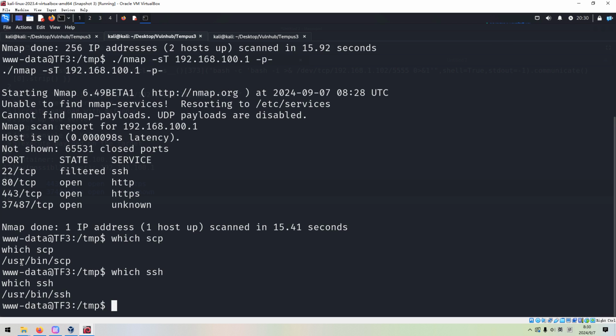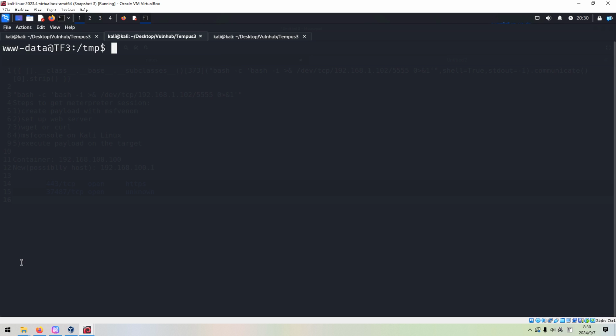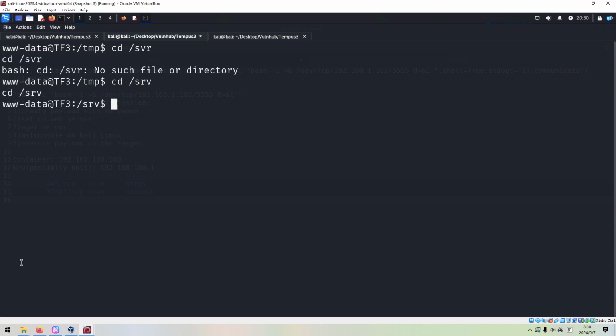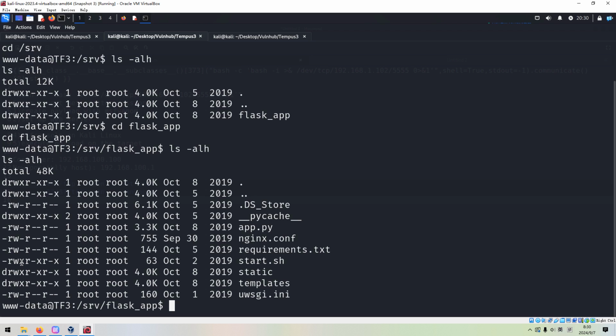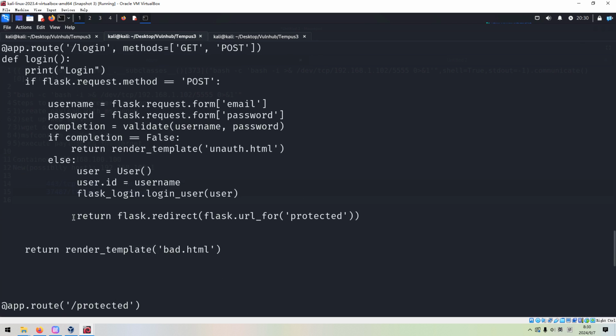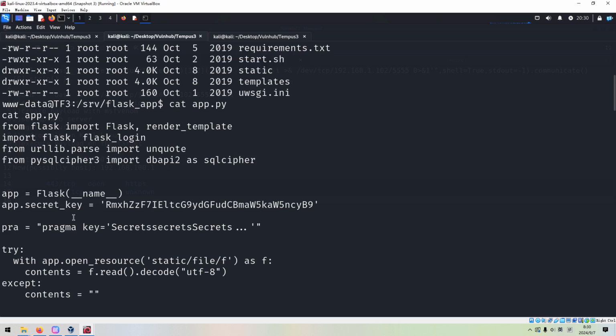But before we go there, I'd like to make more enumeration. So this is the reason why this machine is a bit difficult. And just now we mentioned the target maybe has some connection or has something to do with the Python SQL cipher. Actually, we need to go to the web application. Go to the Flask app, and we can get out the app, and then you can get some important information.